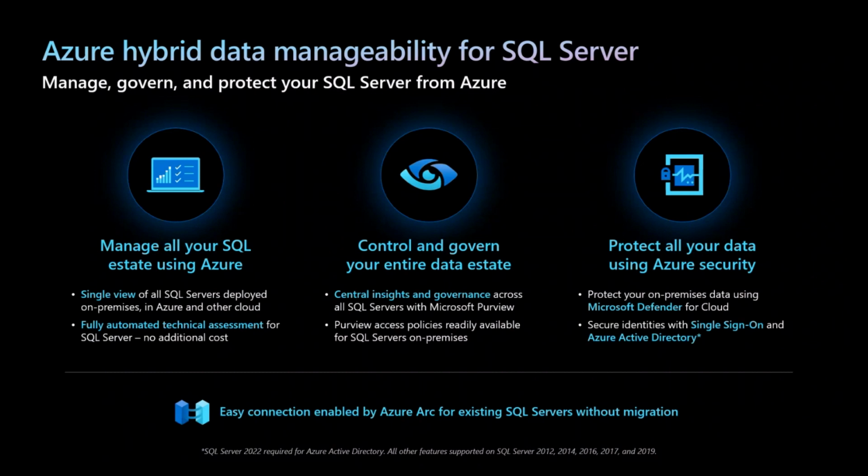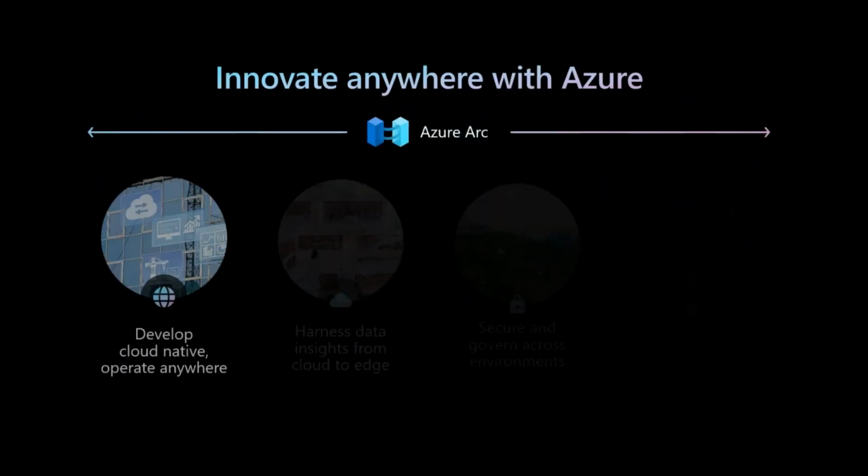When you Arc enable any of these servers, whether it's a Windows or Linux server, it gets listed on the Azure dashboard. But along with that, if there is a SQL Server running on this VM or on that particular server, the Arc agent also detects that and registers that specific SQL Server as well. So you get some more capabilities free of cost, such as best practices assessment, and you can even secure that SQL Server using Defender for databases.